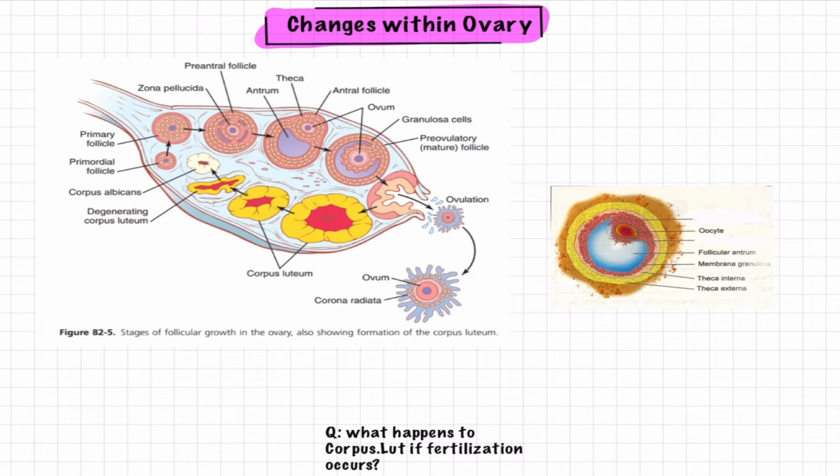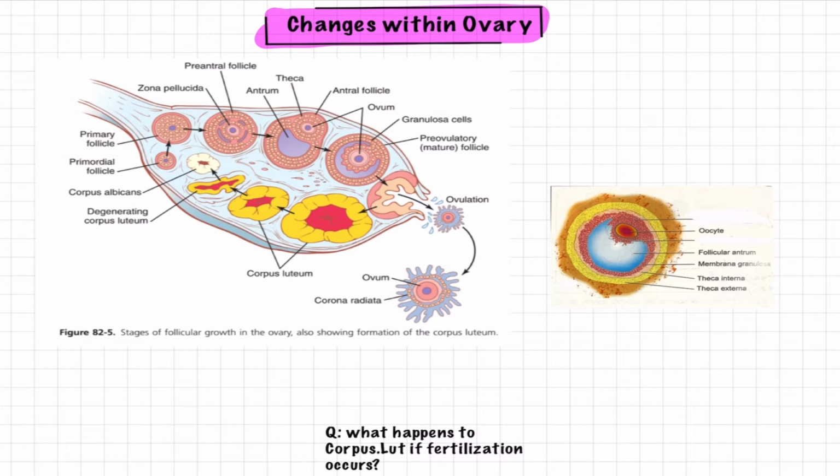So in this slide we are going to study all the changes that are taking place within the ovary. In this figure you can appreciate the primordial follicle. Here you can see a single squamous flat epithelium that is transformed into the cuboidal stratified epithelium. So this is the primary follicle and this is the primordial follicle, and this primary follicle is undergoing